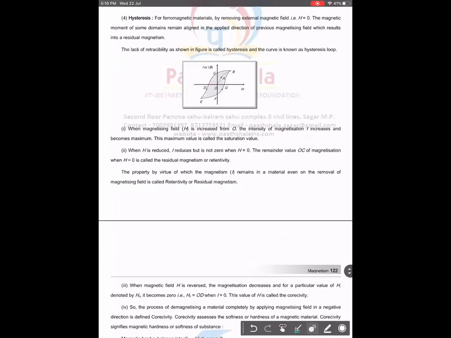No need to write this much in the board exam. But you'll have to write like we are flowing current in a particular direction. Now we will make the value of current 0 and then we'll get retentivity. Then we'll have to flow some current in the opposite direction to get coercivity. And we are magnetizing and demagnetizing and then again magnetizing in the opposite direction. By repeating this, we are getting a loop. This is known as hysteresis loop. The area of the hysteresis loop represents loss in energy.